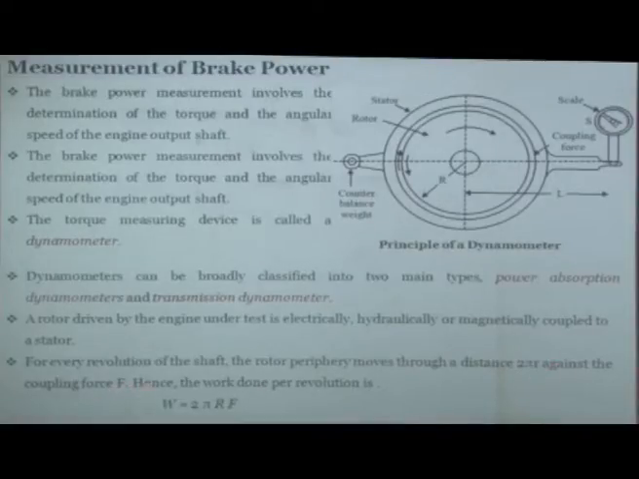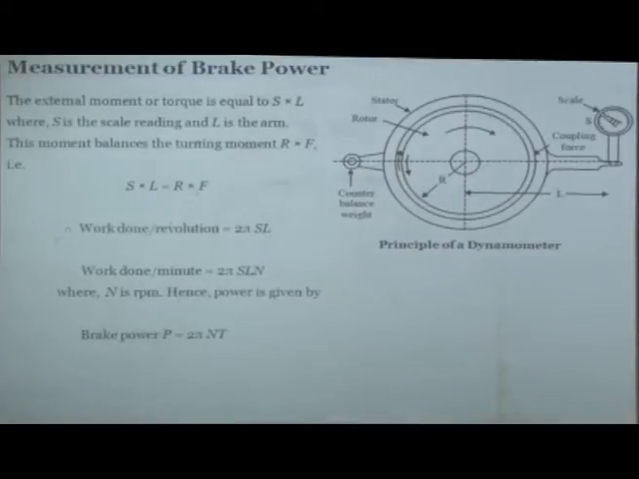against the coupling force of F. So this is the force F that is being applied, hence the work done per revolution will be, this is the counterbalance force, and it is moving through a distance 2 pi r. So what will be the work done? Work done will be 2 pi rF, right, and that will be equal to, so the external moment, again the same figure,